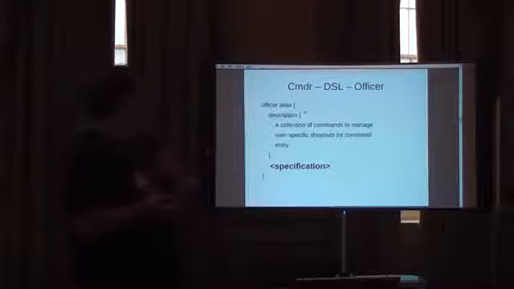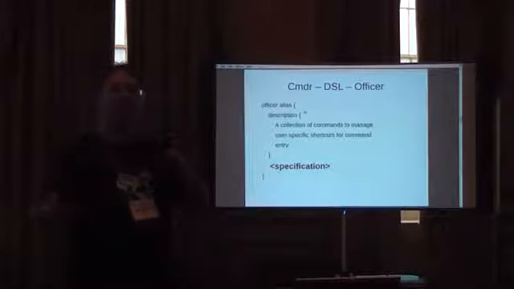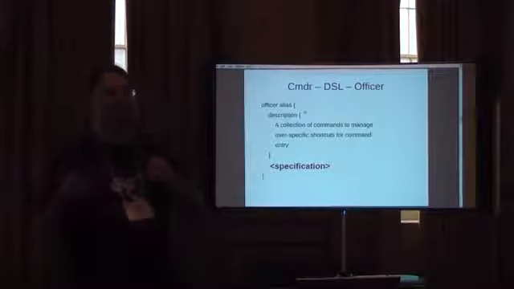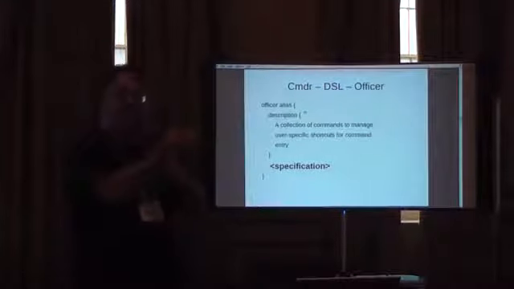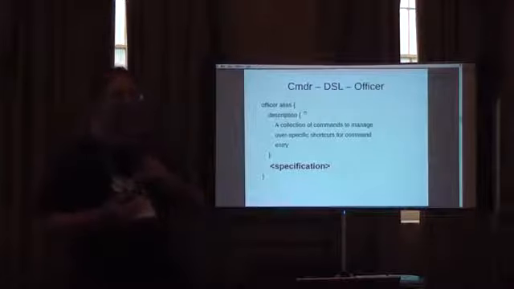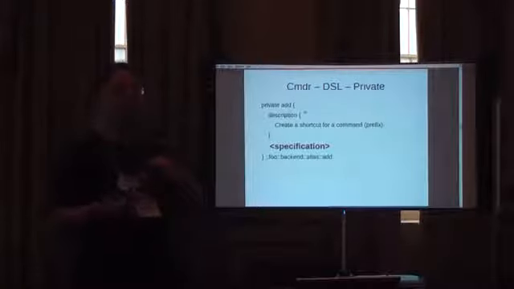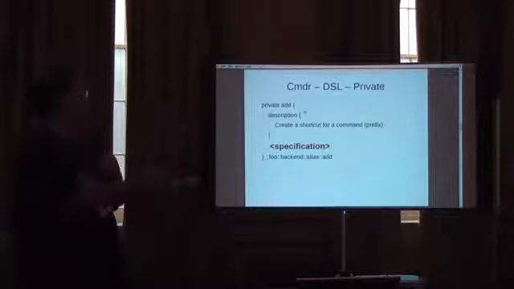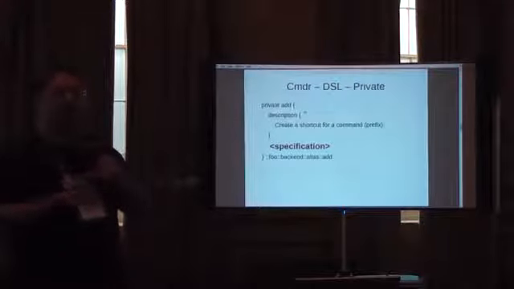And this is basically the definition of a high-level command with sub-commands. I call these officers. They can do many commands, and they delegate to either other officers or the leaf commands, which are then called privates. And this, in the specification place, is where you then define all the other commands. And for a private, which is a leaf command, that then looks similar. You have the description, you have the specification, and you define the callback, the command to execute when all the arguments